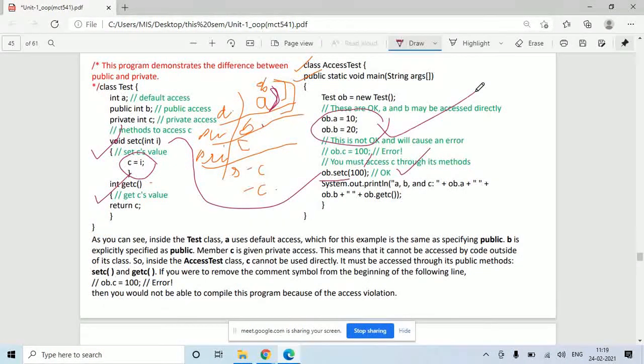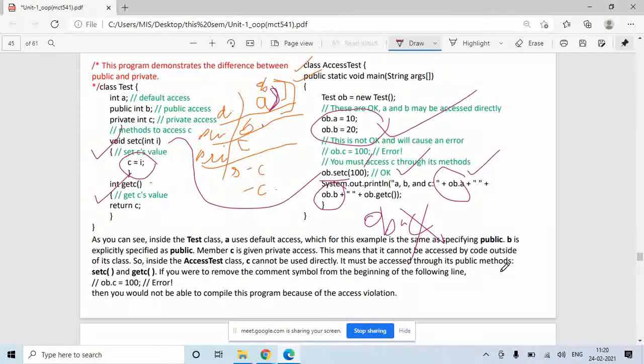Okay. Now you want to print the value of a, b and c. The value of a you can print with System.out.println(ob.a), it will work. System.out.println(ob.b), it will work. But if you print System.out.println(ob.c), it will give you an error. What error? That c cannot be accessed outside the class.